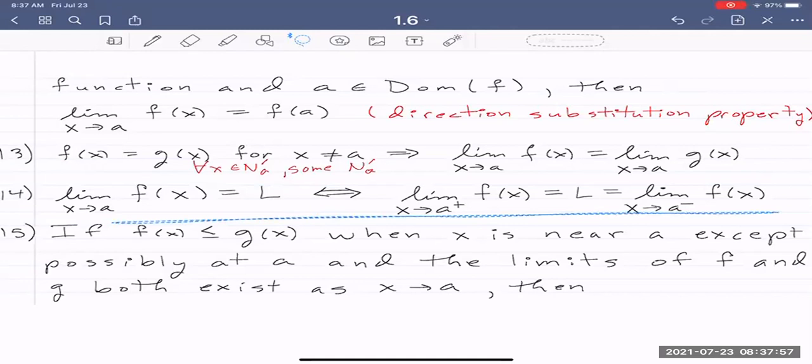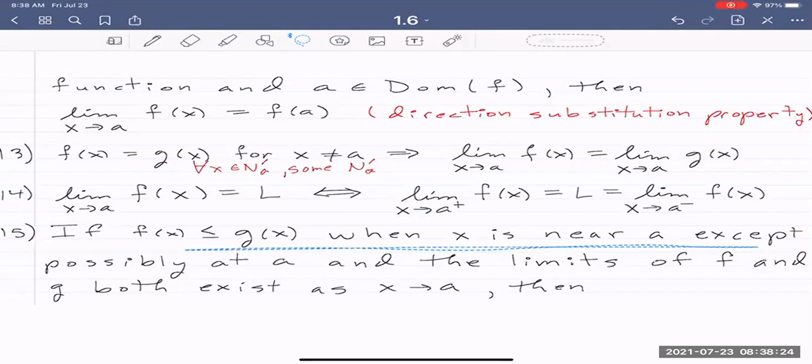14. The limit as x approaches a of f of x is equal to L if and only if the right-sided limit as x approaches a of f of x is equal to L, which is equal to the left-sided limit as x approaches a of f of x. And so